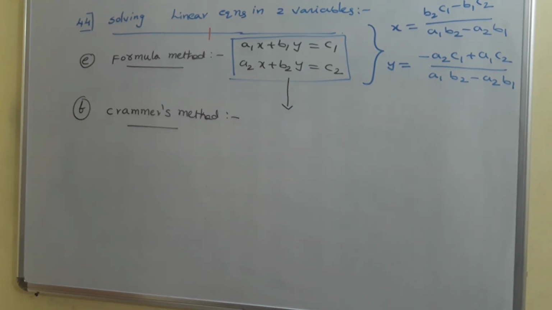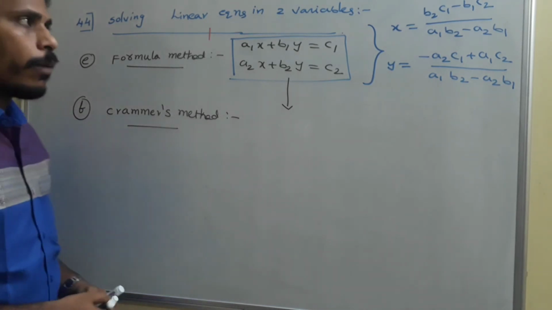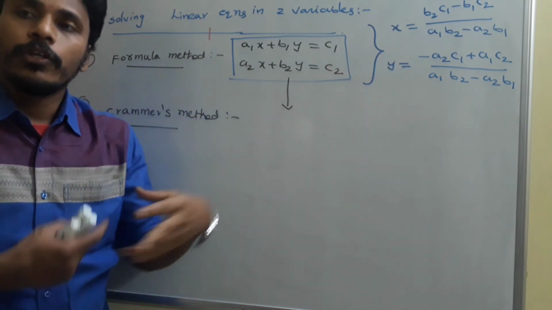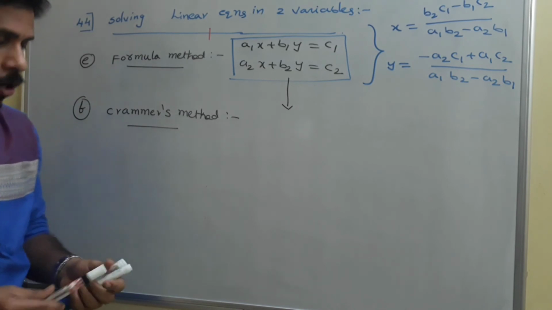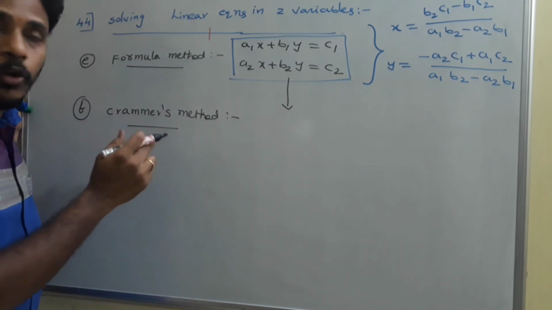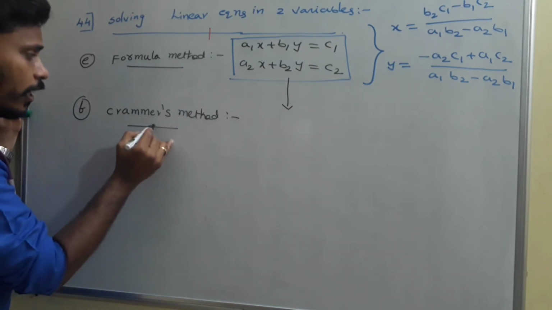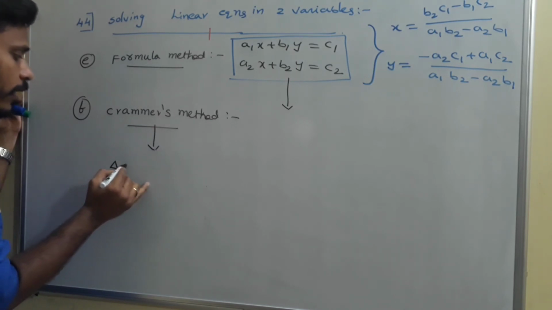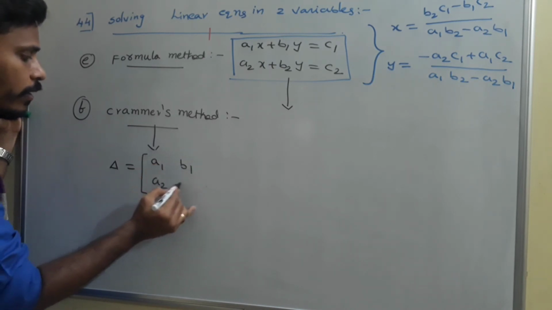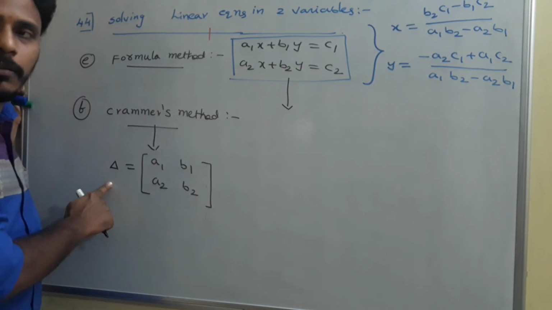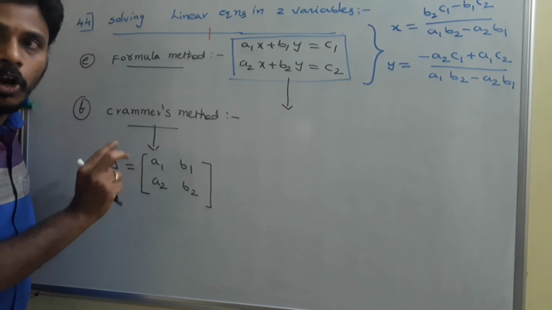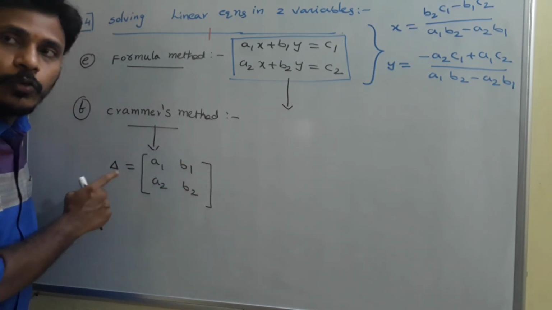So the next thing is Cramer's method. Solving linear equations in two variables by Cramer's method is simply nothing but rewriting the formulas for X and Y using determinants. For suppose you have these equations like a1x plus b1y is equal to c1 and a2x plus b2y is equal to c2. Then in Cramer's method, first of all we will consider that delta is a matrix which is usually our A, the coefficient matrix a1, b1, a2, b2. This delta is simply our A, the coefficient matrix, but delta, delta 1, delta 2 are the notations involved in Cramer's method, and that's why we are representing this matrix with delta, right?